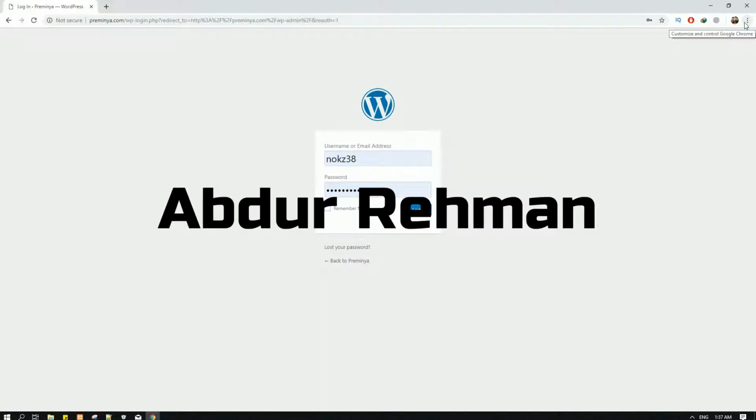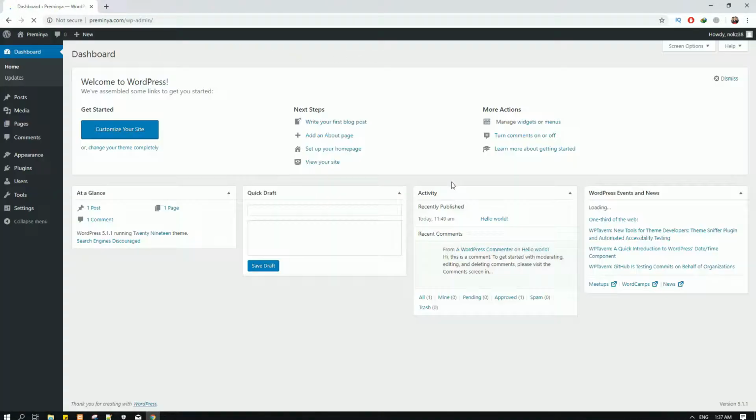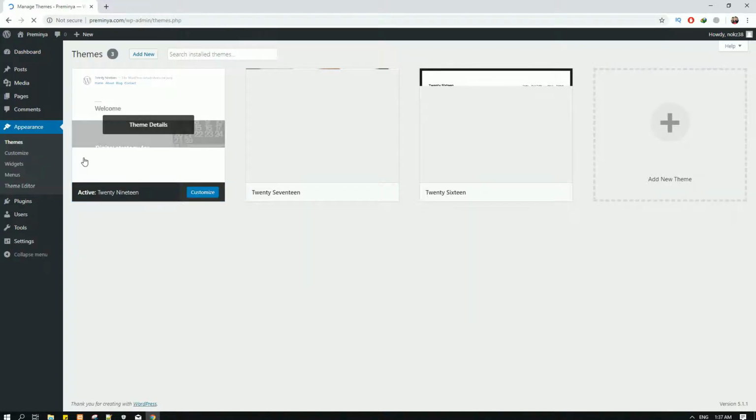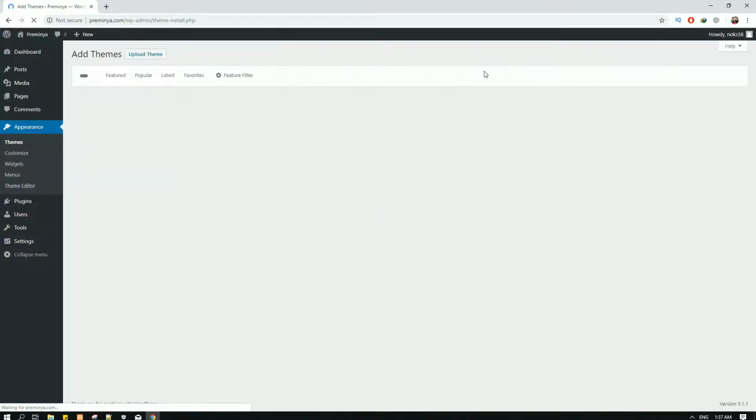Today we are making a tutorial on how to install WordPress theme. So first of all, you have to log in your WP admin in WordPress. Then what you have to do, you have to go to Appearance, then go to Theme, click on Add New,